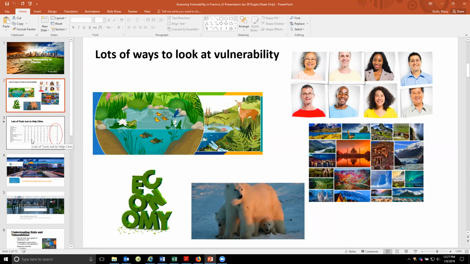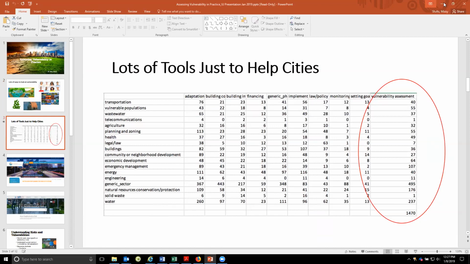And let me just give you an example of what I mean when I say it's different about your framing. This is a look at some analysis that we did when I was finishing up my PhD. I worked and consulted for a number of foundations, and a foundation asked to get a sense of the adaptation landscape. And so they asked us to look at 80 organizations, the largest 80 players in the field around climate, and to understand all of the tools, services, or resources that those organizations provided to help local or regional governments prepare for climate change. And so we did this analysis, and we looked at all of their tools and resources